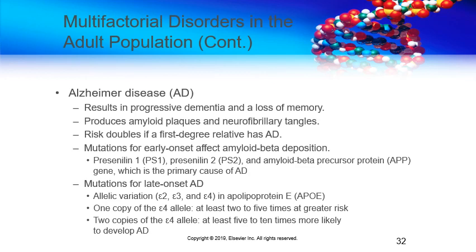Alzheimer's disease, I just want to point out a couple of genetic things on here. If you have a first degree relative that has Alzheimer's disease, that is going to double your chances. There's also mutations for early onset. They affect that amyloid beta